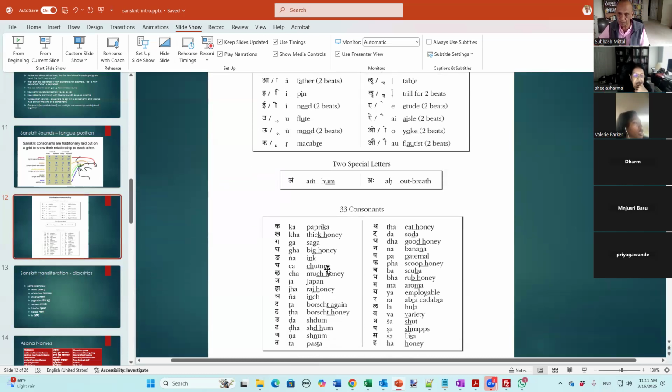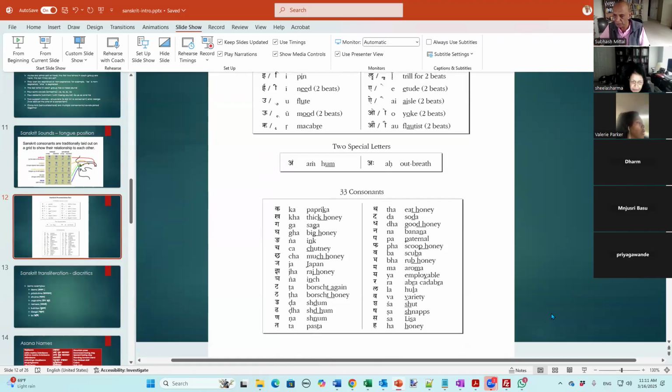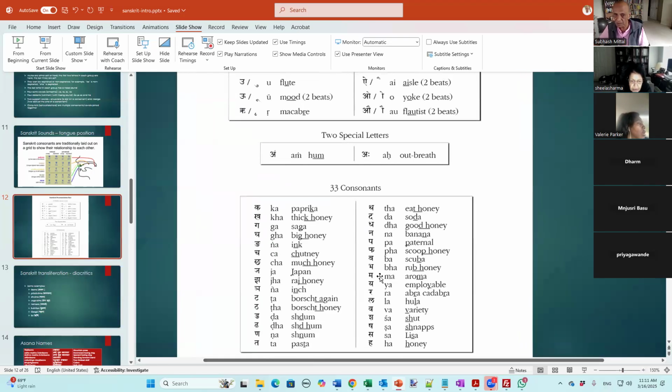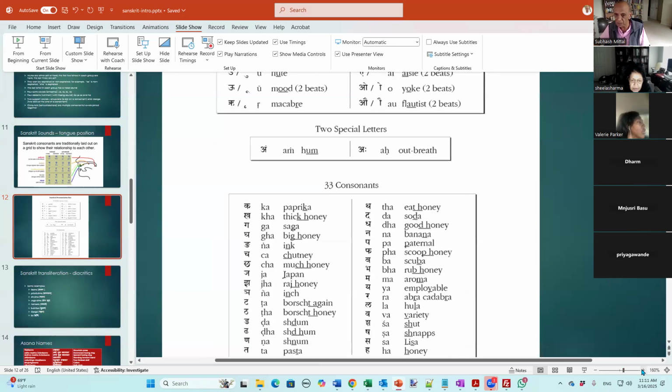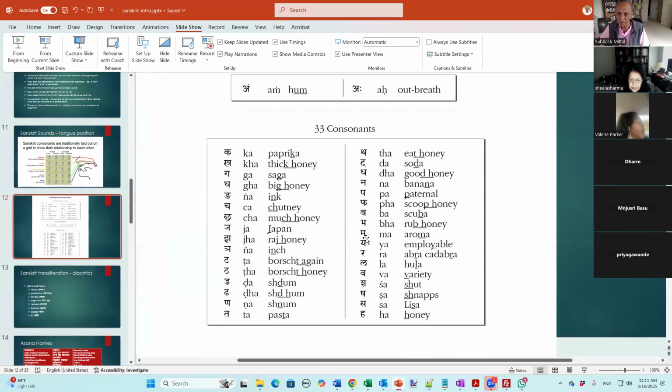All right. So if I go down this line, we'll pronounce each one of these letters. I hope you can read it all. Now this is ga, and this is nga. It sounds like ink, nga. No, that's a little different from what I'm saying. So nga is at the very back of the upper palate.